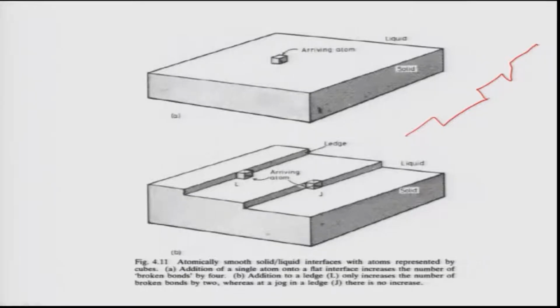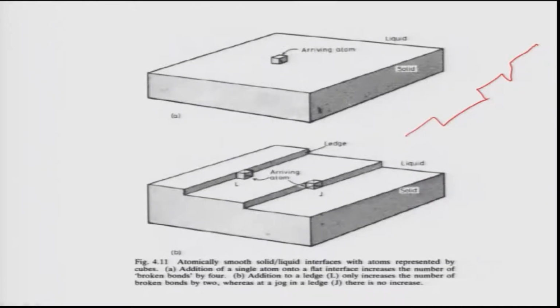This is exactly what happens in silicon or in germanium. A jog or a kink makes it easier to have places where the atoms in the liquid can jump and join. So what does that mean? In these cases, all the surface is not available for these liquid atoms to come and sit, like in a